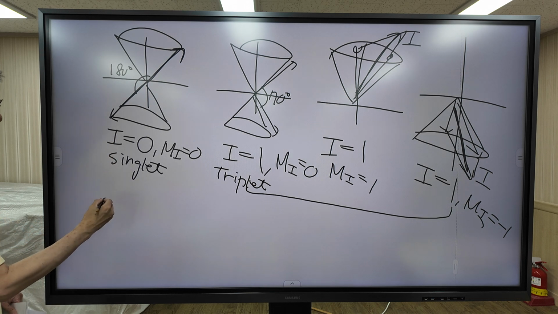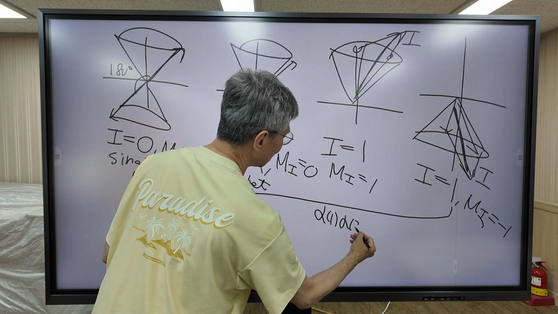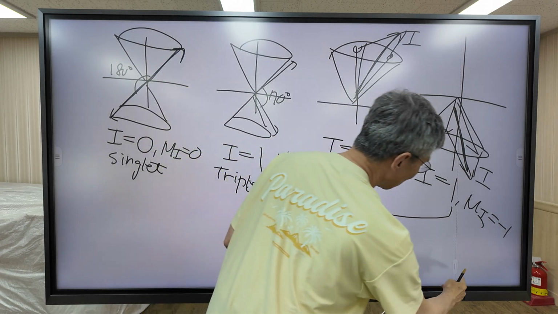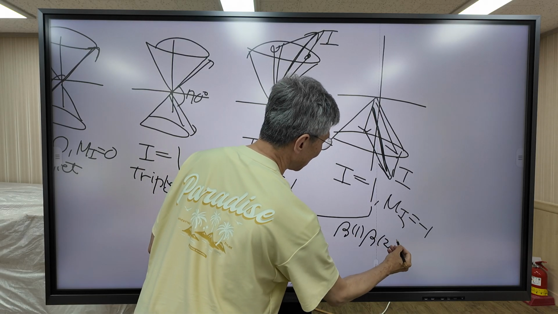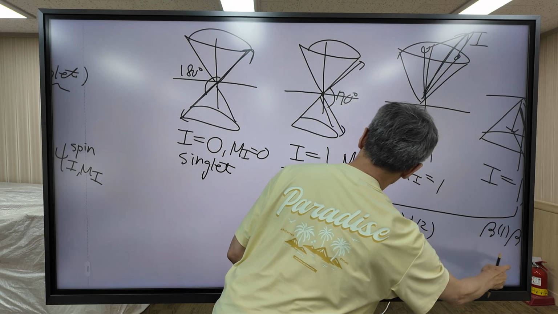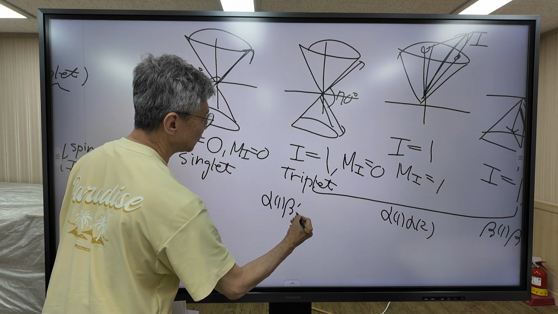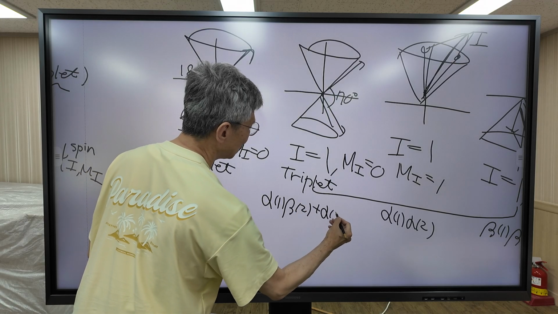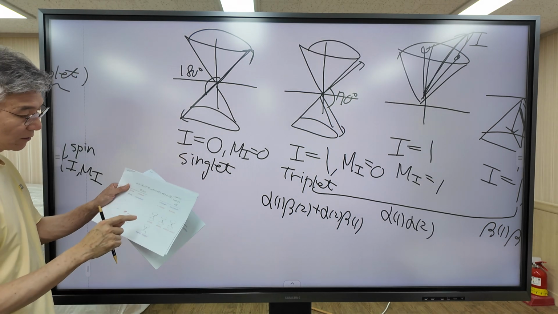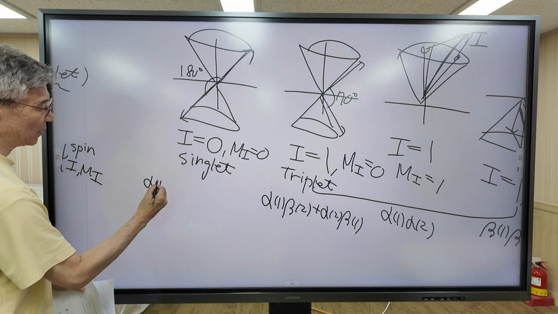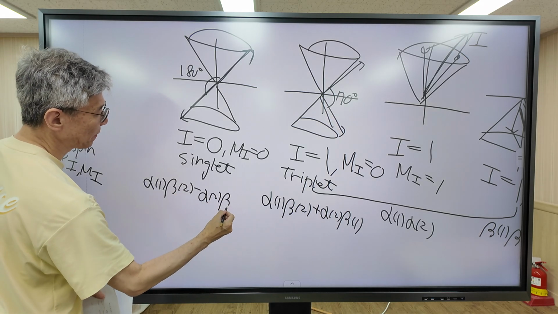When I express the diagram as a wave function, it can be expressed as this one. For the triplet state, this one, alpha 1 and alpha 2. This state can be expressed as this wave function, delta 1 and delta 2. And this function can be expressed as this one, alpha 1 delta 2 plus alpha 2 delta 1. For the singlet state, the wave function looks like this, alpha 1 delta 2 minus alpha 2 delta 1.